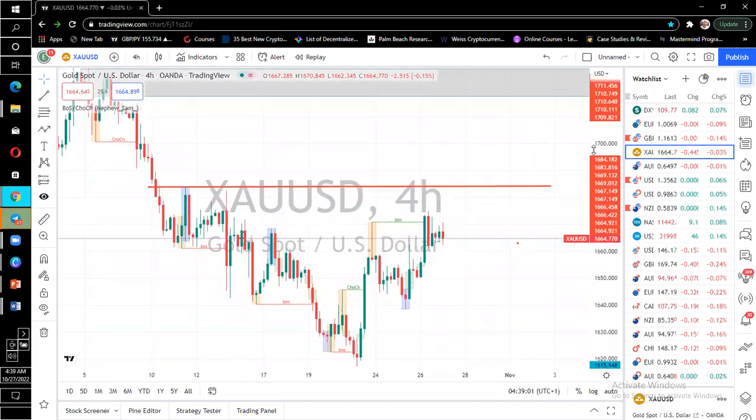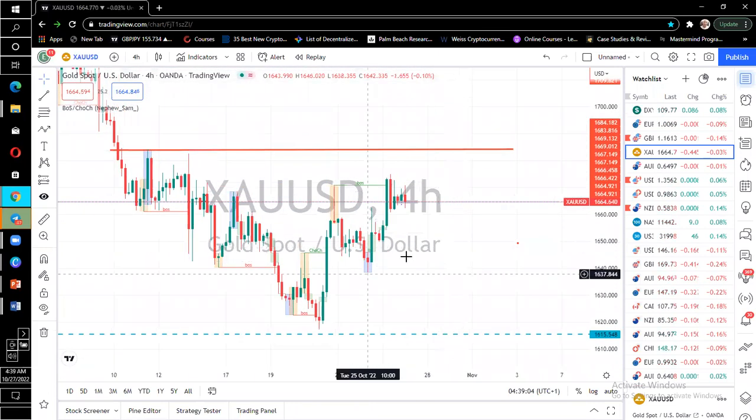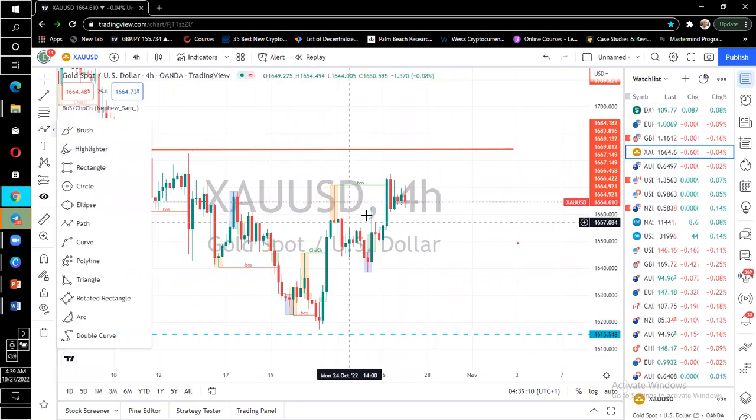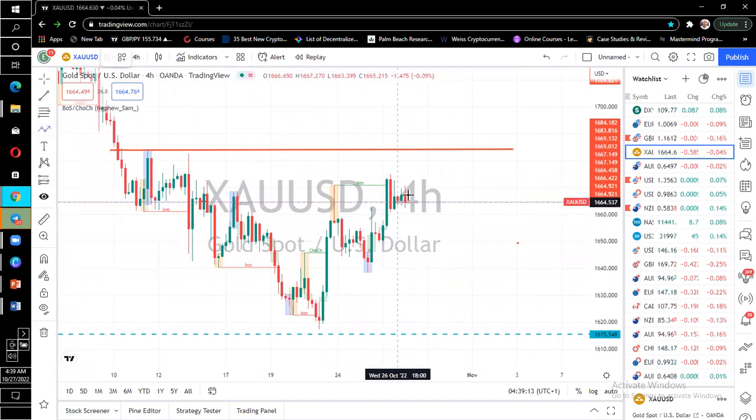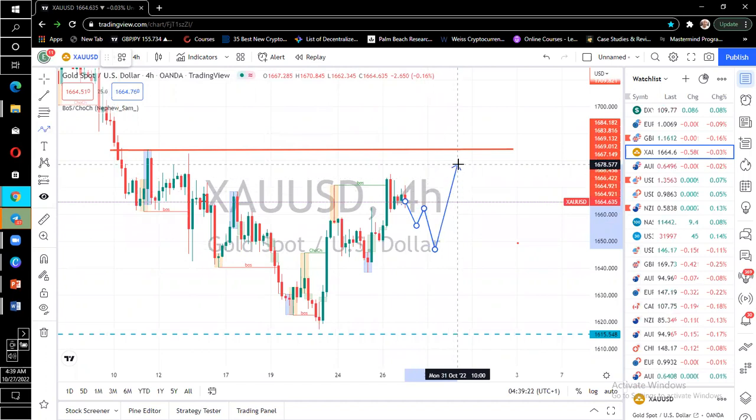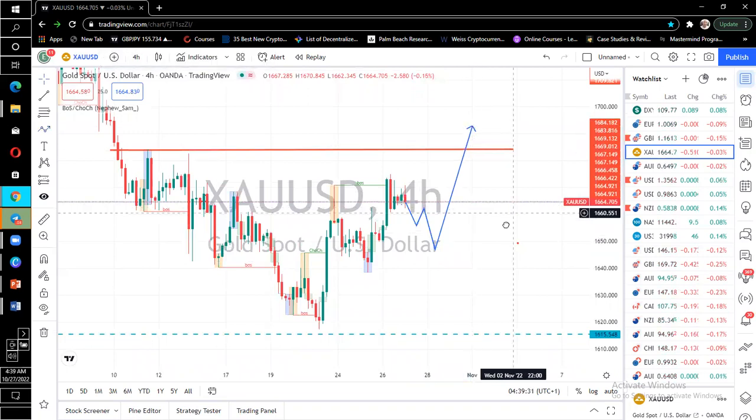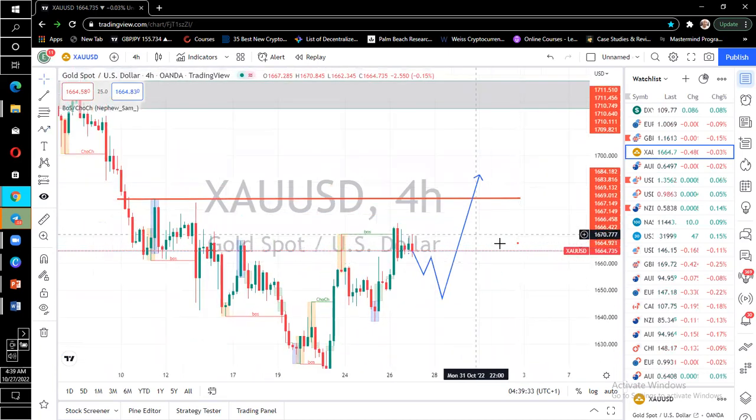In 4 hours, what is the market telling us? In 4 hours, we'll have a break of market structure to the upside. Then we want to see them play back down, trade into this level, and possibly down. Then I would like to see them go up to this level. Okay, good. So this is what our target is going to be, depending on what the market gives us